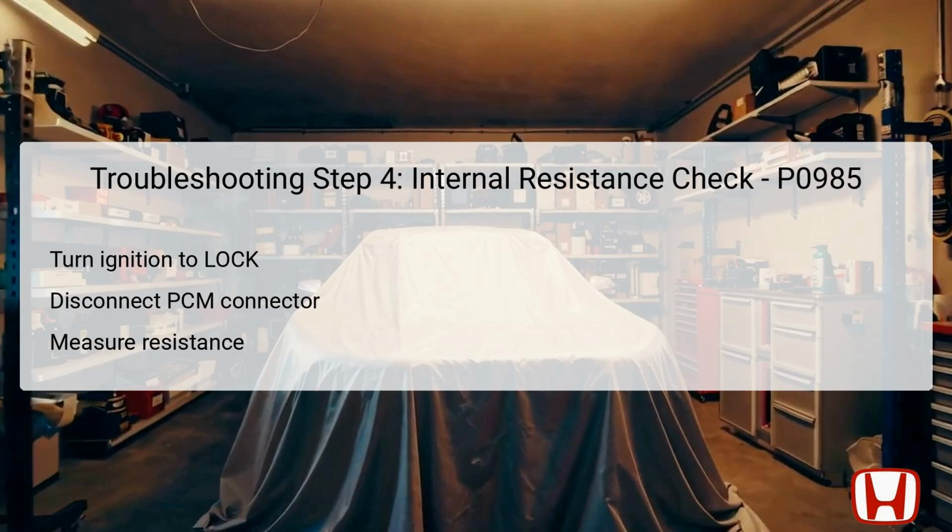With the connector removed, measure the resistance between the designated test points. Test point 1 is located at PCM connector B49P number 40, which is the yellow wire, and test point 2 is body ground. The acceptable resistance should be less than 13.8 ohms. If the measurement is within this limit, proceed to the next step for possible repairs. If the reading is above this threshold, it indicates an issue that warrants further investigation of the internal resistance of